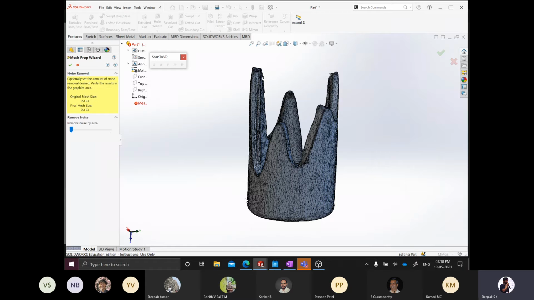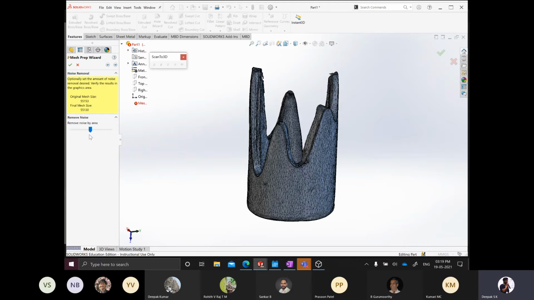Or what some people used to do is place a reference cube. In place of what we did in the last step, where we selected the references arbitrarily, there will be a reference cube, in the shape of a cube only, placed next to the component. So that will also get scanned with the product. When you are orienting it, you can exactly select the edges of the cube to orient your product in an upright manner. So in those kinds of cases, you will be required to remove certain areas or certain cloud points of this mesh only.